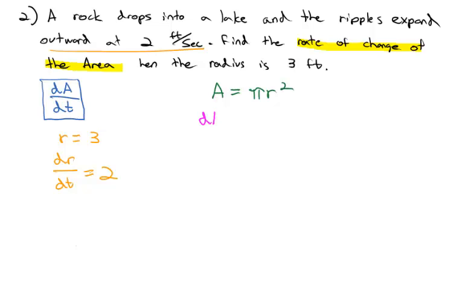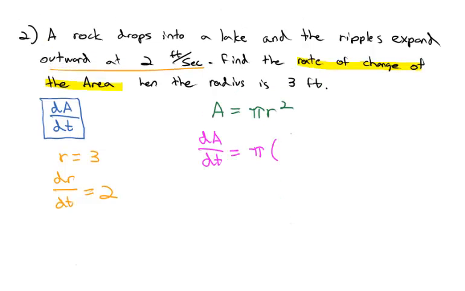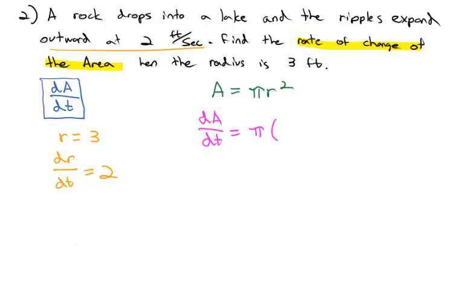The derivative of A is dA dt equals pi is a constant. The derivative of r squared is 2r dr dt. And then we just plug in what we know. We're looking for dA dt